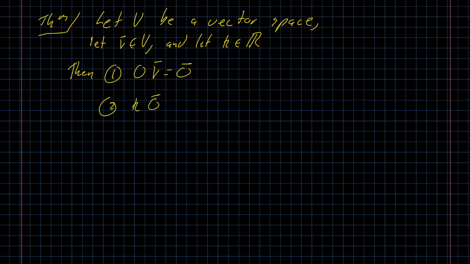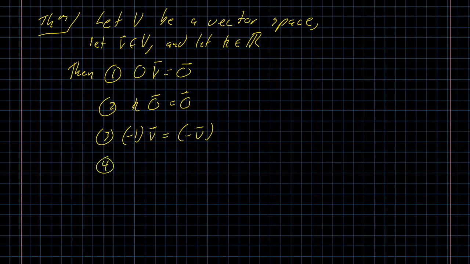Any constant times the zero vector is the zero vector. The constant -1 times our vector is the inverse of that vector,